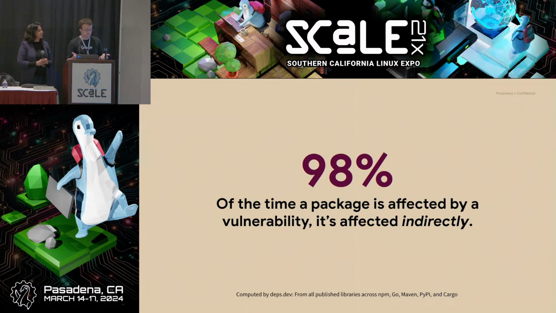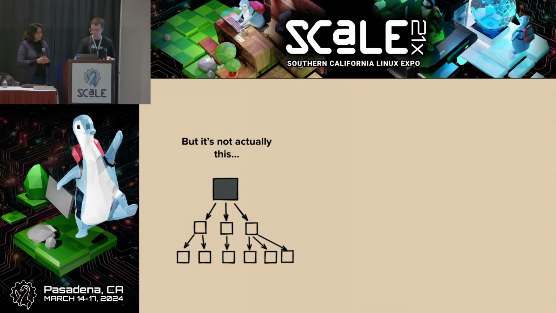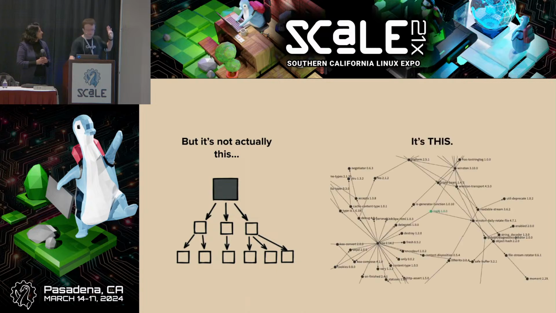So you might be hearing this and thinking, okay, sure, I need to keep my dependencies up to date to make sure I have all the security patches. How hard can that be, right? Well, unfortunately, while it's easy to talk about dependencies with tiny little tree diagrams, dependencies often don't look like this. They look more like this, a complex, highly interconnected graph. So here you can see again a tiny little teal dot in the center, and that's our package, shall we say, and the lines point to all the other packages it depends on for some functionality.